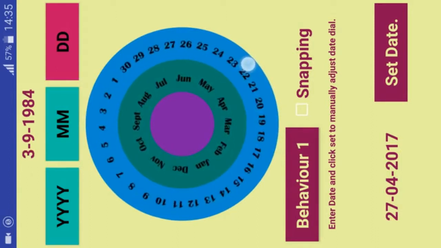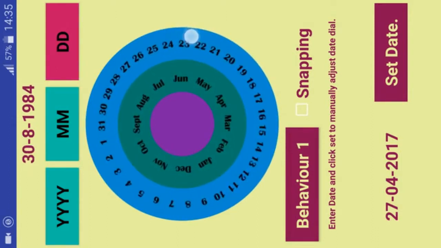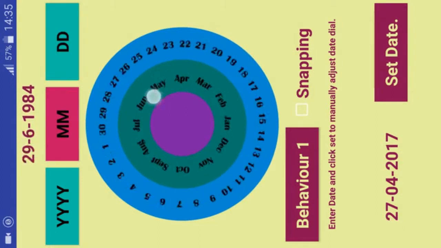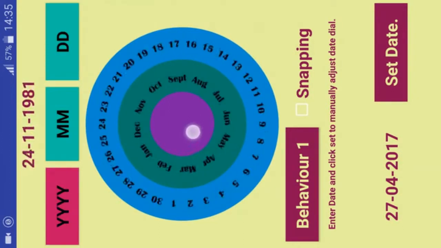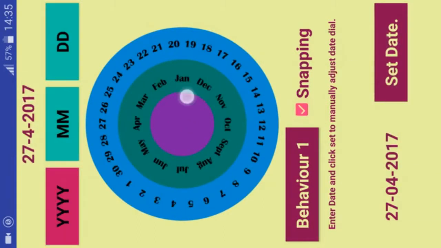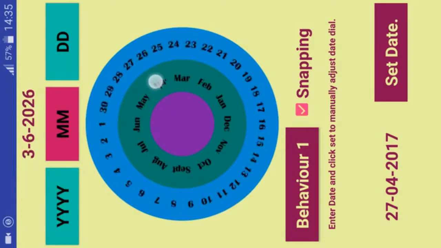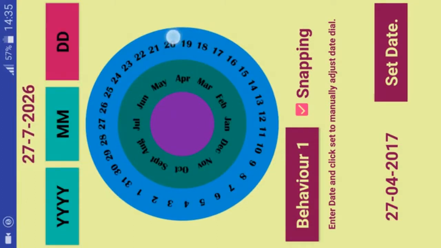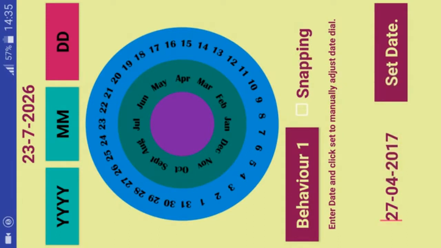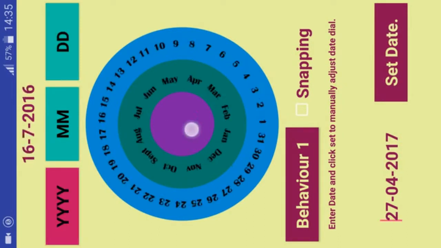If you notice the controls at the top, when I'm rotating the date, the DD button at the top is highlighted, and then for the month, the MM, and as I move to the center, the YY button's highlighted there. And of course, you've got angle snapping here, so this causes the month to snap into position, and the dates to snap into position. There we go. Now, incidentally, you can pick a date with a single gesture here,